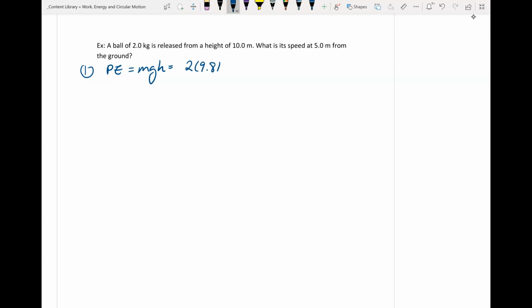Gravity is 9.81 meters per second squared. And your height above the ground is 10 meters. Remember, your full potential energy is at the very top of that height, which is 10 meters. So your potential energy there is